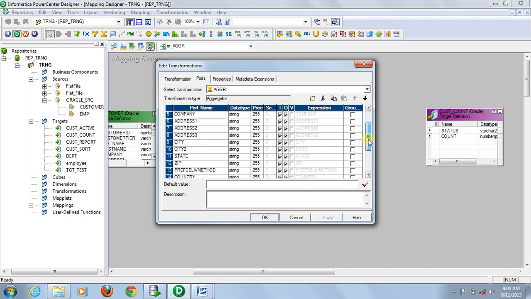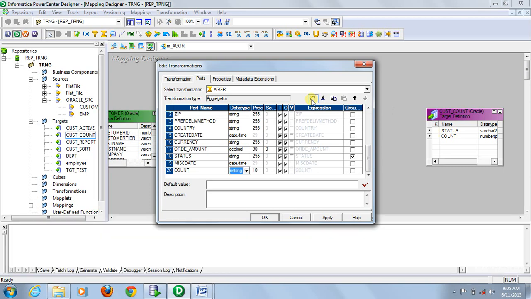Here for the group by clause you have to provide the aggregation port. Means here in my case it will be aggregated according to the status, so I am clicking this. Second is for output, I have to use an output port which will hold the counts. Integer it is. This is output port.